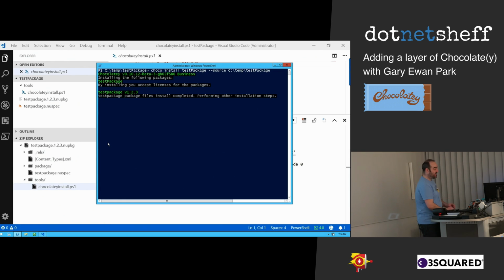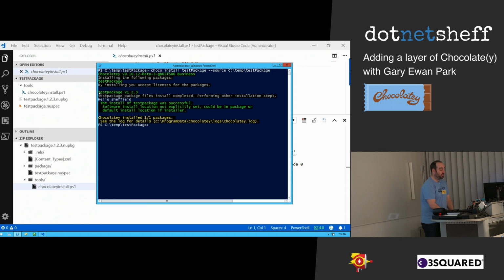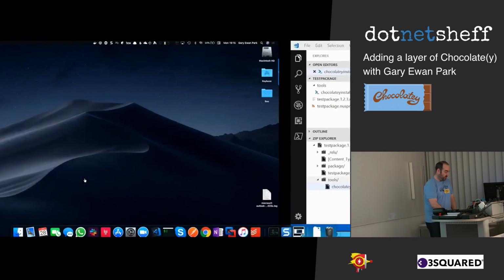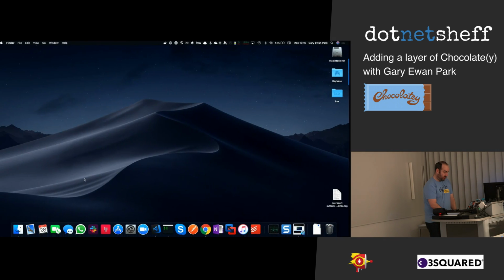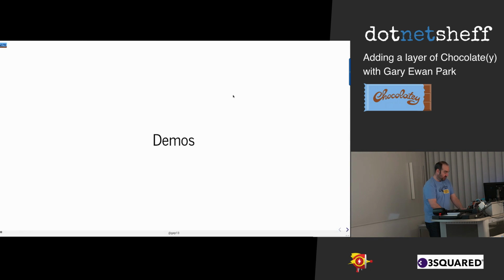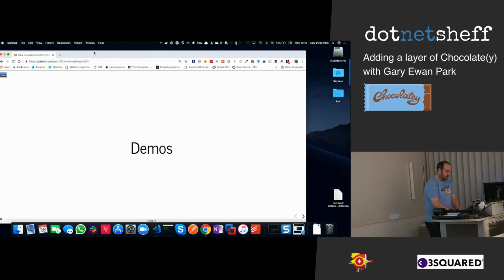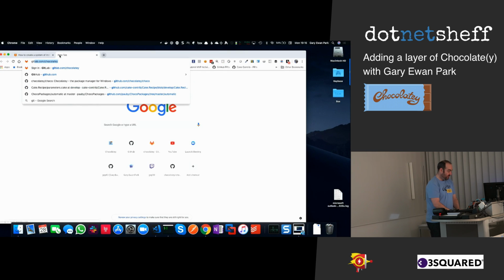The installation in this case was literally just to write out hello Sheffield, but it could be anything you want. You could be using those helper methods that Chocolatey provides, or it can be doing literally anything you want. So an example of a type of package that you might want to use, an example of a package that I do for my own sanity, if I go over here